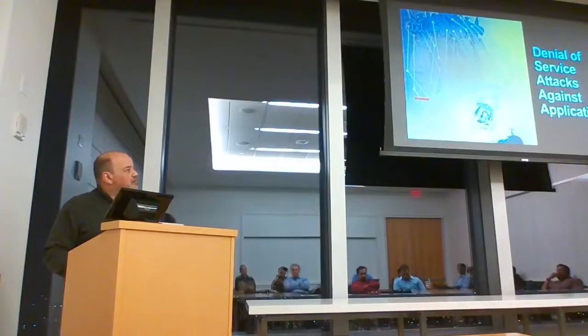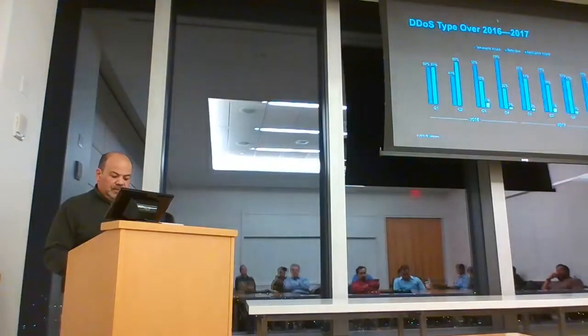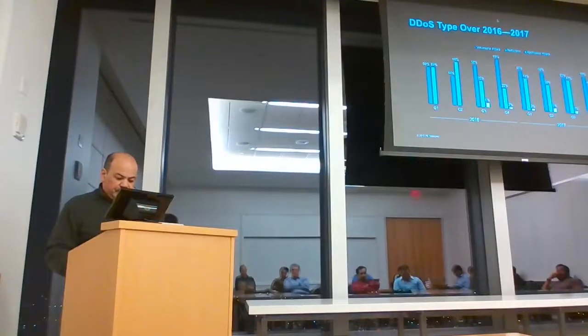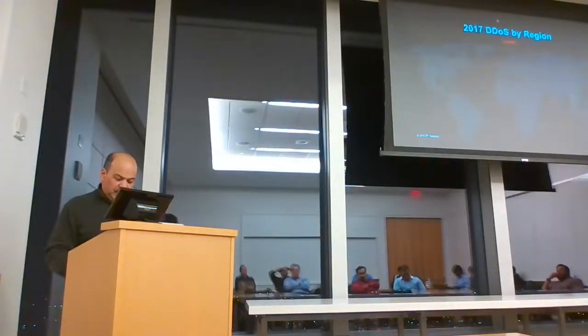We also look at denial of service against applications, and we see a lot of ugliness here. Just some stats from our internal folks about what we're seeing. You can see application attack is a small percentage, but it's been growing, although Q3 of 2016 seems abnormally high. But we're also seeing these, usually they come in conjunction with each other. Where we see it growing is actually by region. North America stayed somewhat steady, whereas you're seeing growth now in other countries as they're becoming more dependent on apps and putting out more apps, and when things break, it just hurts them more.